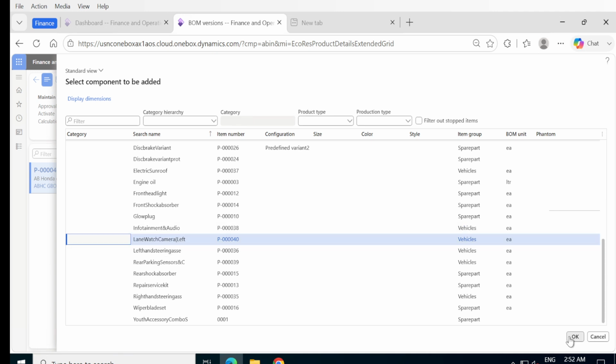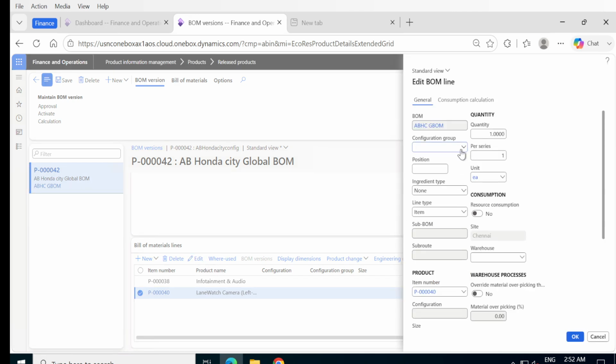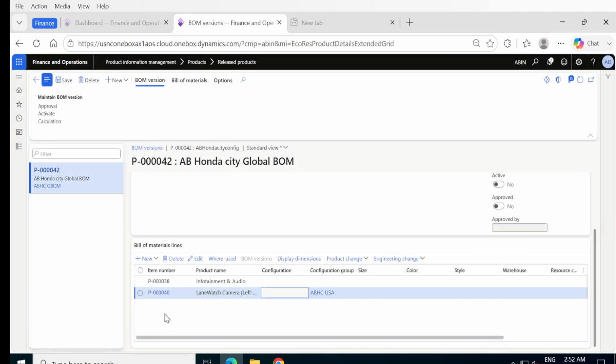Here, the lane watch camera is specific to the US model. Okay, now let me edit it. Here, I'm going to select it as USA model. Okay, that's it. And then next one,